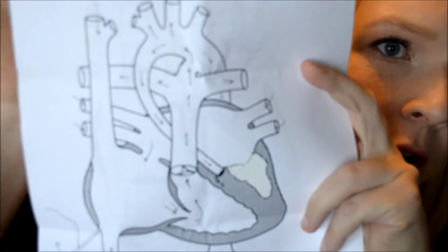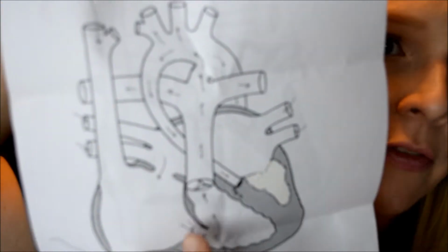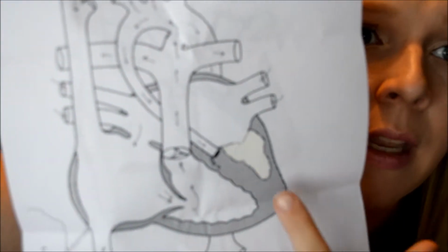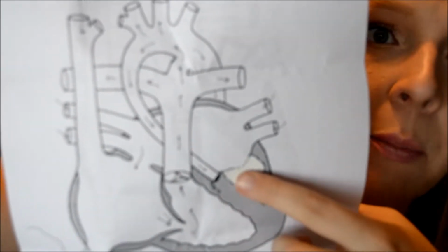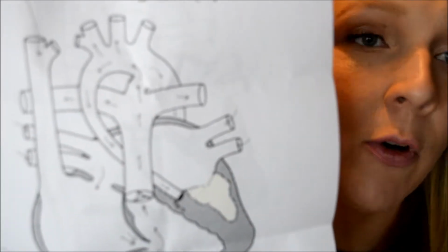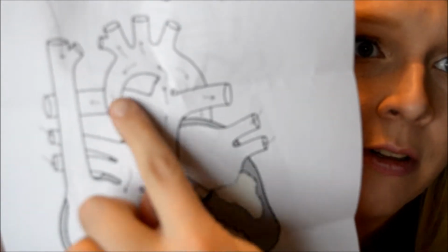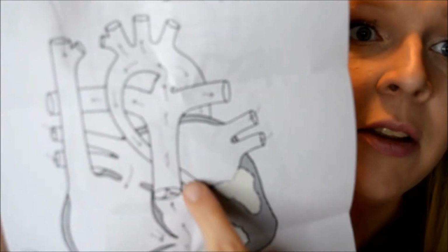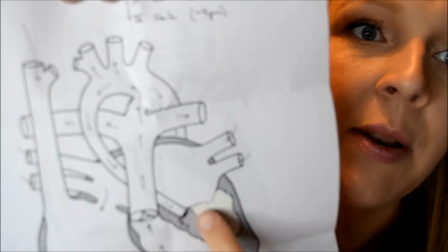And this is what my son's heart looks like at the moment. He does have all four ventricles. This is the left ventricle, the one that is not forming properly. His heart in utero forms all four chambers completely normally. But what happened is his aorta right here didn't completely form into the left ventricle. So it doesn't have any blood supply going to this ventricle, which means